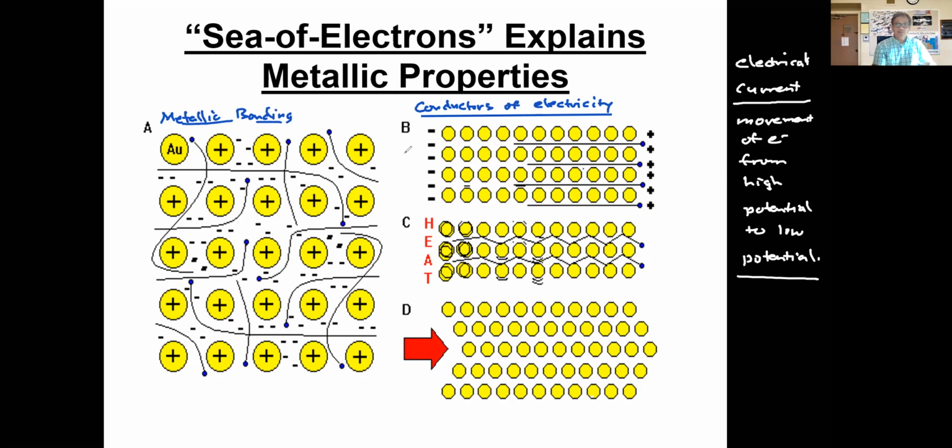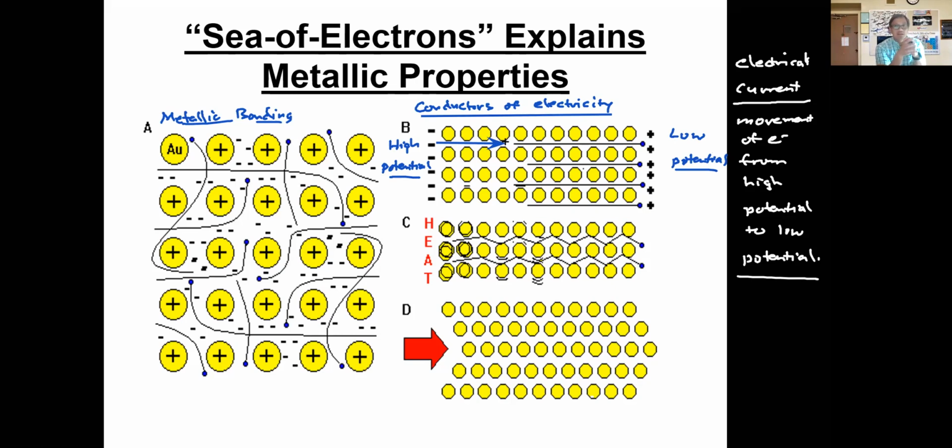If you take a look at this picture, on the left-hand side we have high potential. That means you have a lot of electrons. Look at all the negative charges here. On the right-hand side, you have low potential, which means you don't have that many electrons. So what does that mean? The electrons on the left-hand side want to move in that direction and try to make it to the other side. That's electrical current.